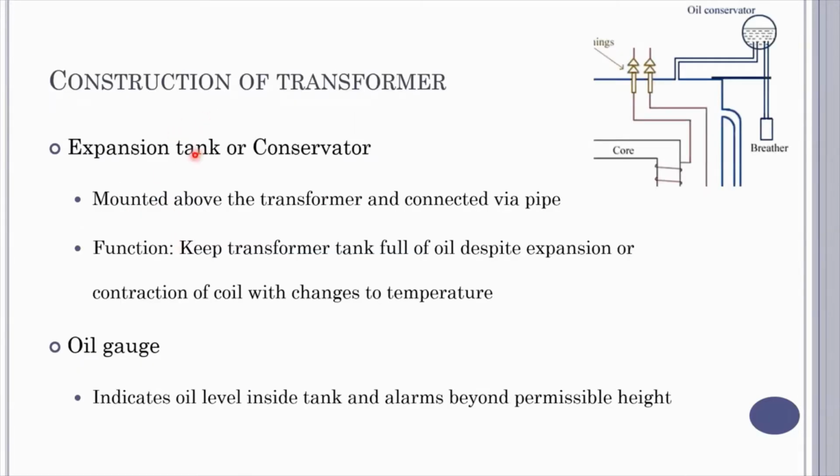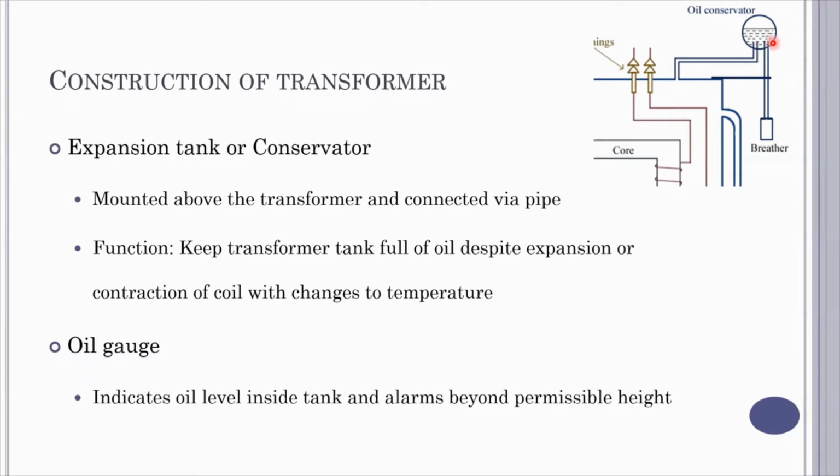And we have oil. Oil is there within the main tank, and hence, in order to maintain the level of oil always to be full within the tank, we have a conservator. So the conservator is mounted on the top of the transformer, and we have a small pipe connecting it to the main tank. And in order to maintain the level of oil, we have an oil gauge attached to the conservator,